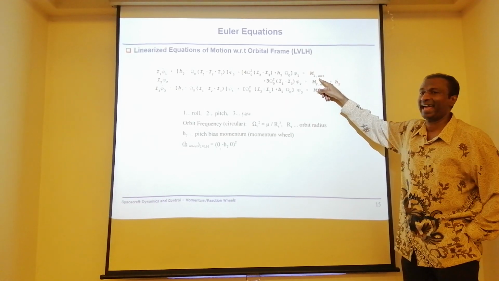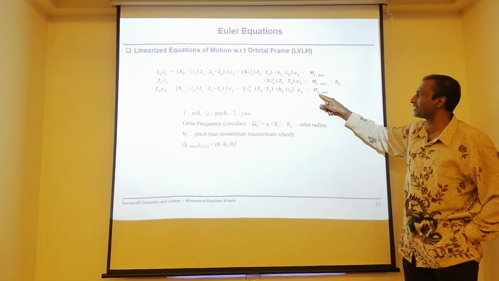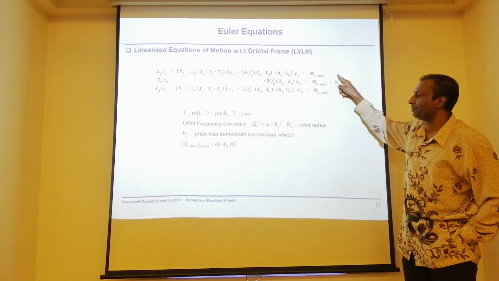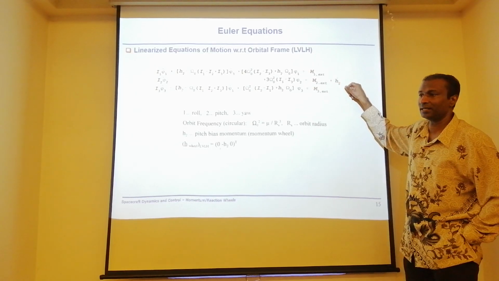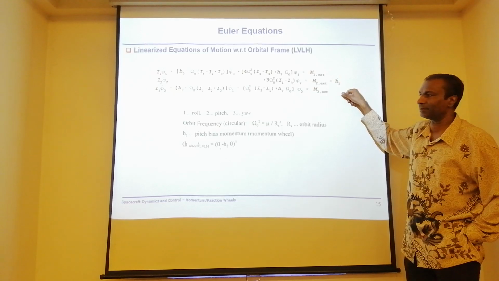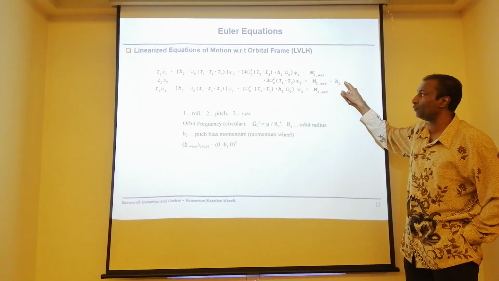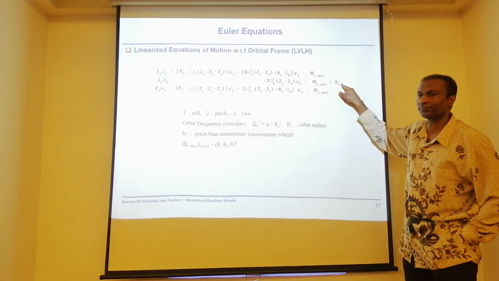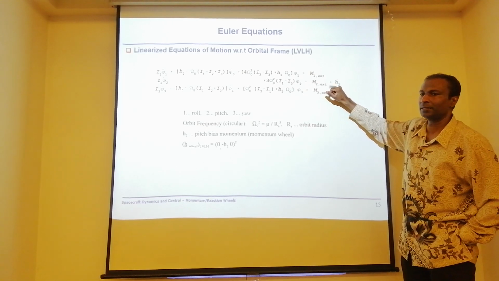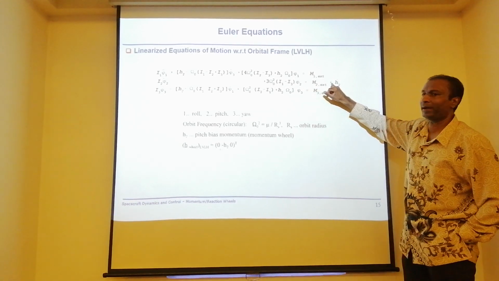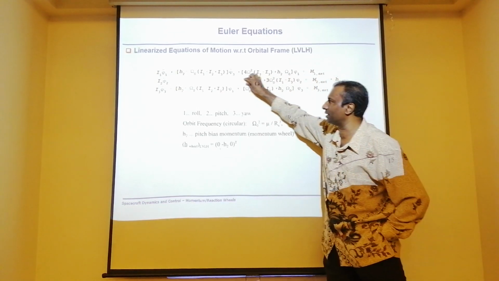M is the external torque. This is the change of angular momentum, H dot. This is a bias momentum term here. So there's a change of angular momentum. When there is a change of angular momentum, the wheel speed changes, that means you have a torque. Okay? So assume this is a minus, this should be plus. Let's say this is plus, this should be minus, so that you try to nullify this so that this particular axis will be